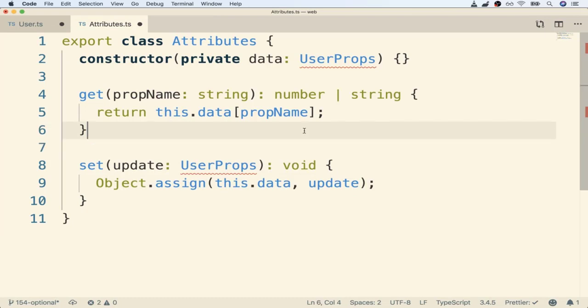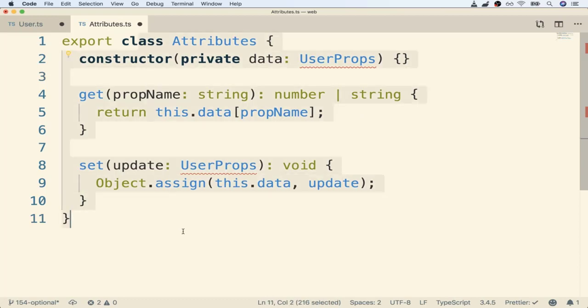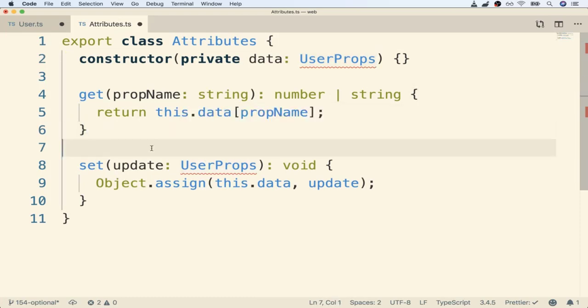All right, so I'm going to zoom in just a little bit, and we're going to start making a couple changes to this thing. So first off, we have a reference to user props inside of here. We're going to go through the same refactoring that we just did with sync. We need to turn attributes into a generic class so that this thing will not have any reference to user props. Remember, if attributes has a reference to user props, then it's only going to be good for working with